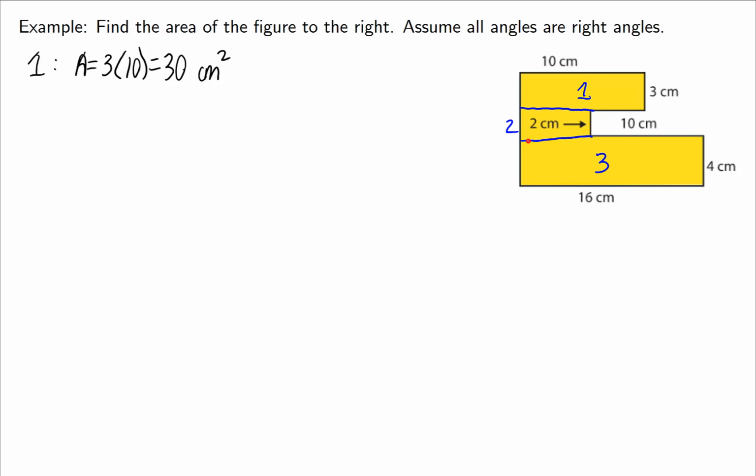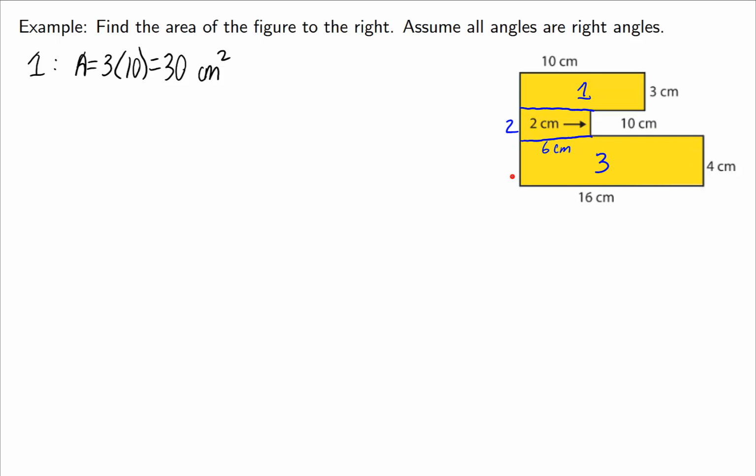This length is not given to me, but it's pretty easy to find. Notice that this length right here is 16 centimeters, and this length is 10 centimeters. So therefore, we must have that this length is 6 centimeters in order for the 6 plus 10 to add